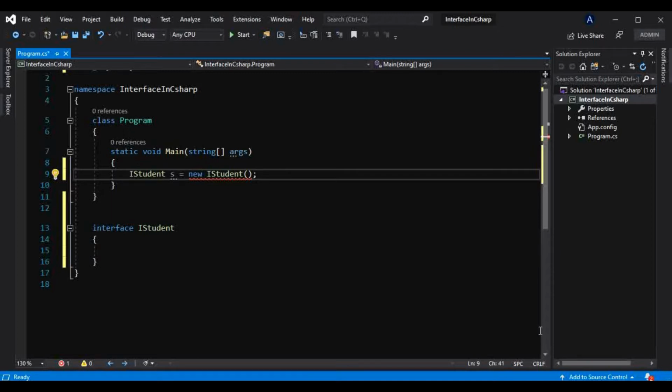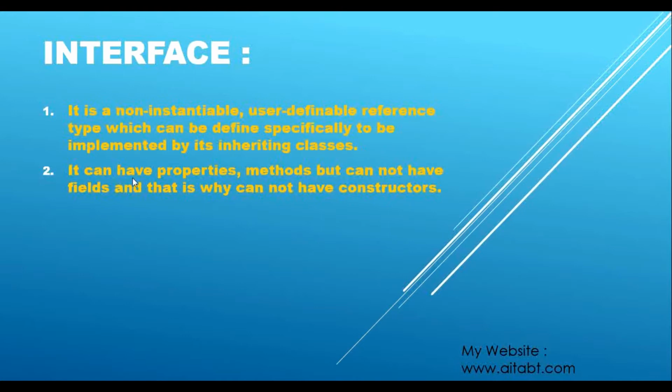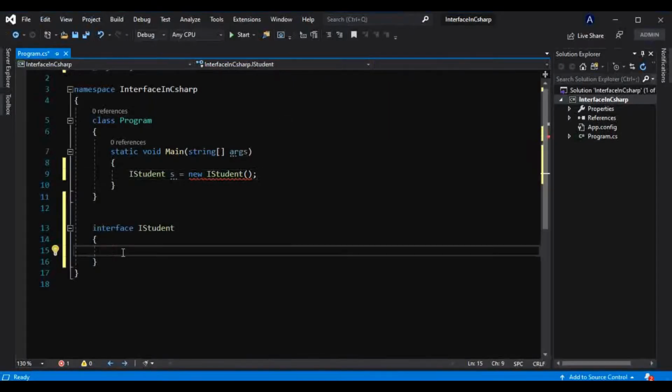So let's just see that. As mentioned here, it can have properties, methods, but cannot have fields, and that is why it cannot have a constructor. And we have learned that we use a constructor to initialize fields of the class, or to initialize the fields of types, but interface types cannot contain fields, and that is why there is no point of having the constructor there. If I try to take one field here which can be public, or let's say which can be private as well,